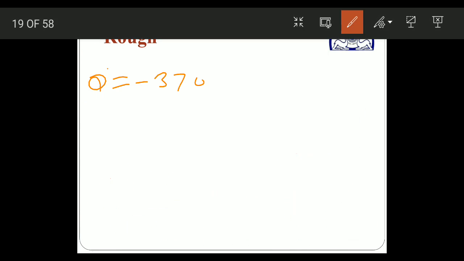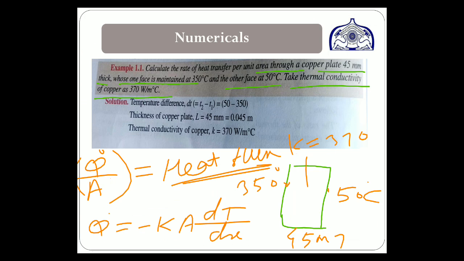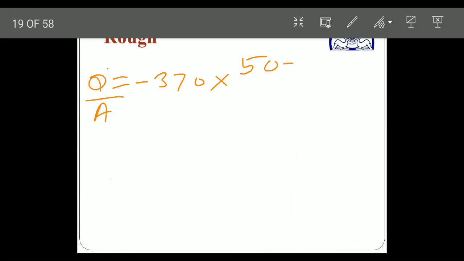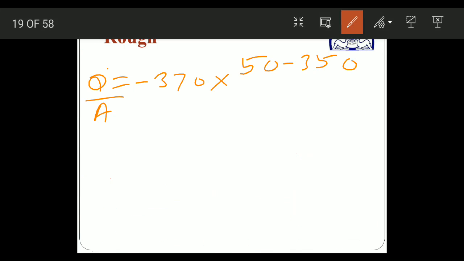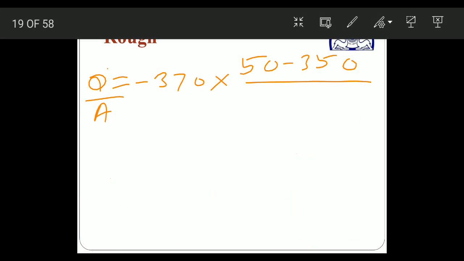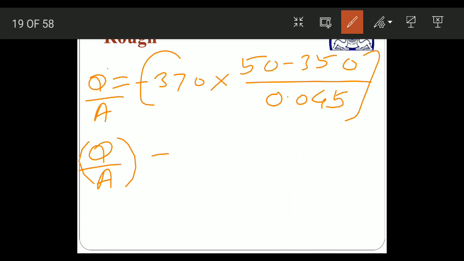So this is 370 into area. Per area we have to calculate, so bring this area here, minus k into A into dT by dx. So dT, what is dT? Outer temperature minus lower temperature, this can be written as 50 minus 350, upon thermal conductivity. Thickness is given 45, so convert it into meter, so 0.045, and if you simplify this, then you will get the value of q upon A